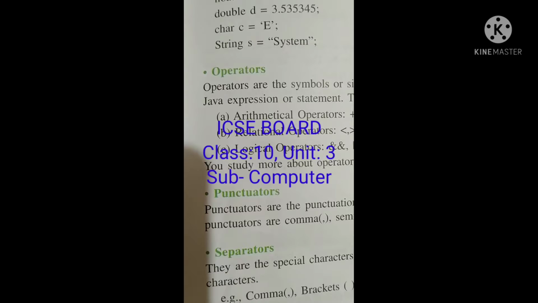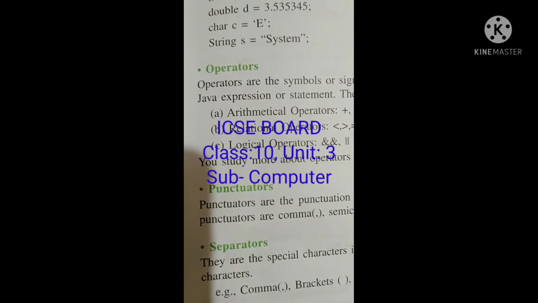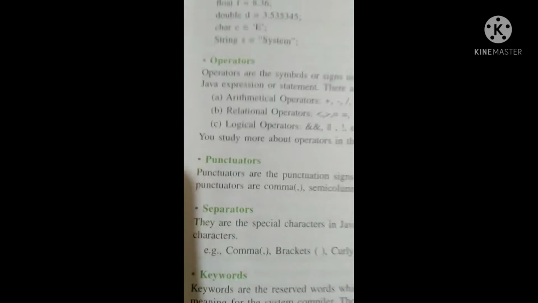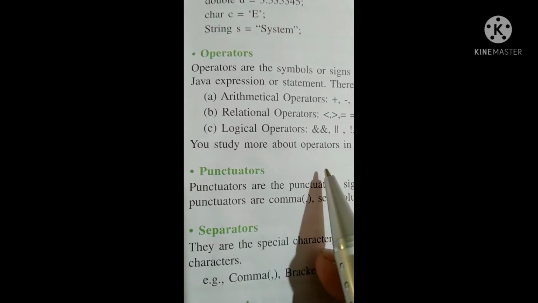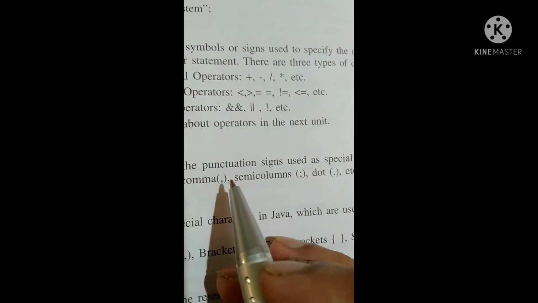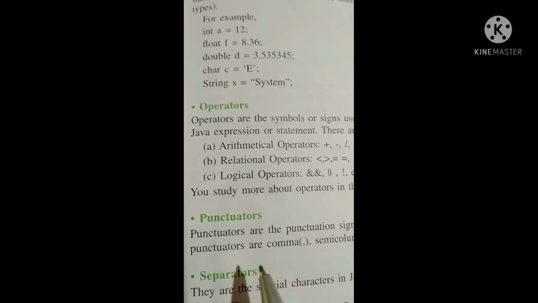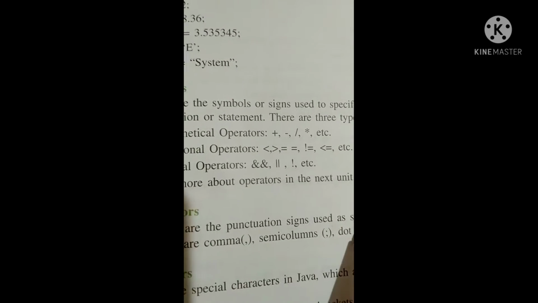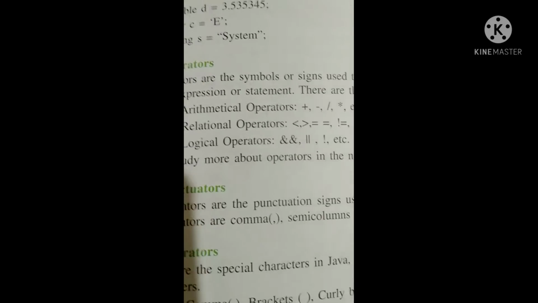Today, once again, I am explaining chapter 1's unit 3, till operators. I have explained. Today, I am starting from punctuators. So, first of all, punctuators are used as special characters in Java. Okay, punctuators are like comma, semicolon and dots. These are the punctuators and are special characters in